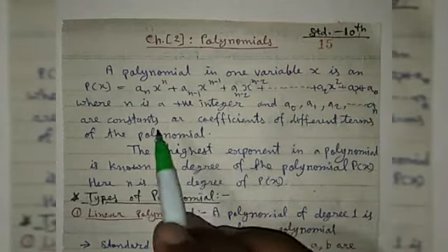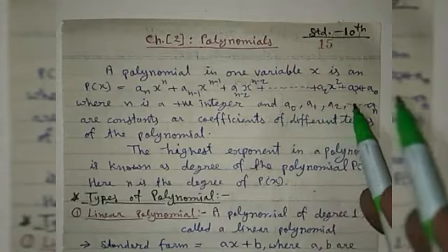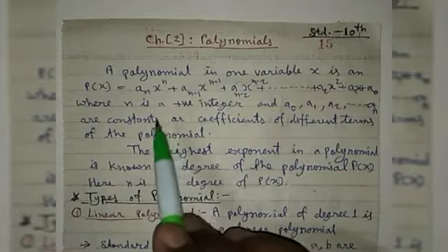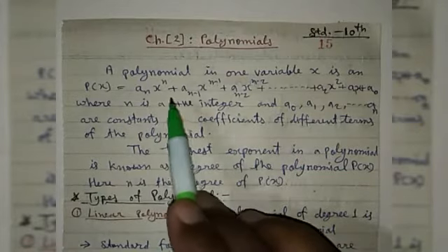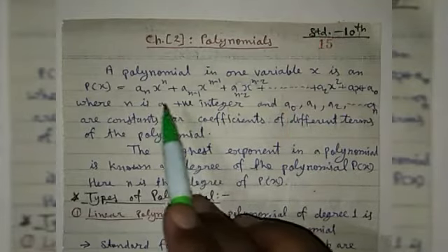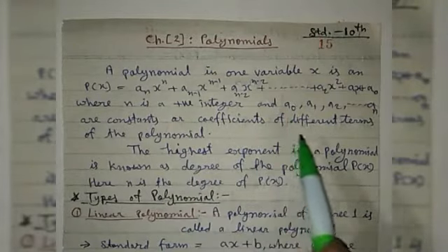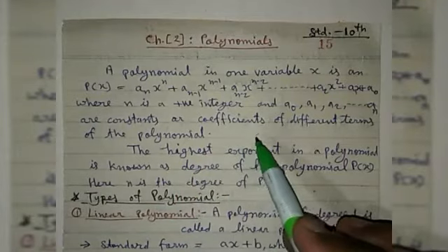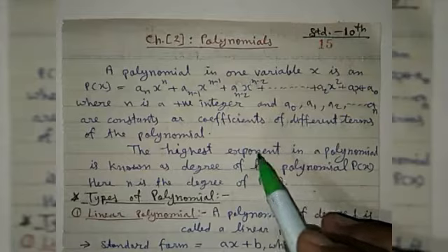Here a_1, a_2, a_3, a_4, a_5 and so on a_n are the coefficients. These are the constants and are coefficients of different terms of the polynomial. And power n is a positive integer. n should not be a negative number and should not be a fraction. It should be always a positive integer. So up till this you also know in the standard 9th.